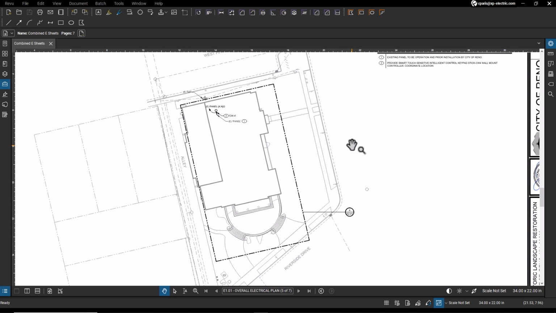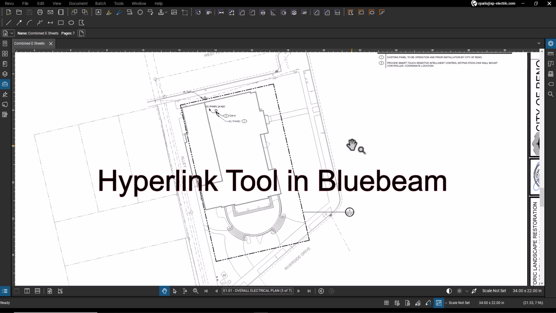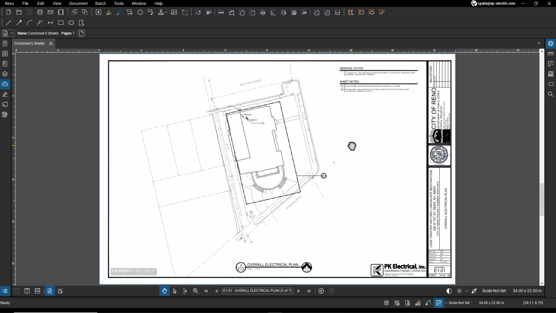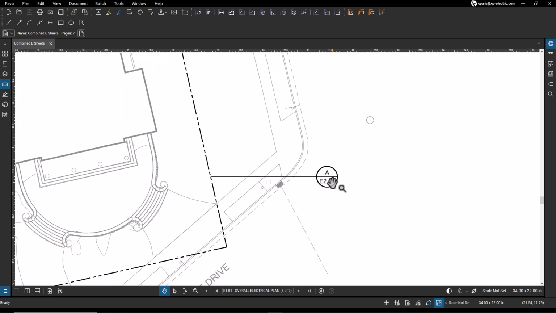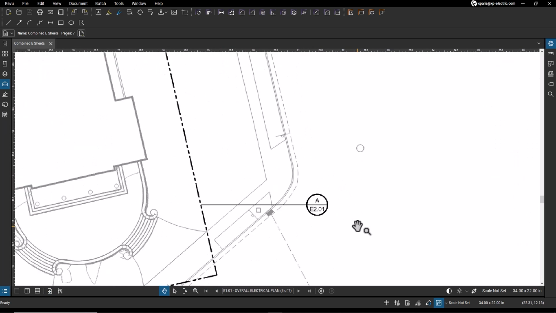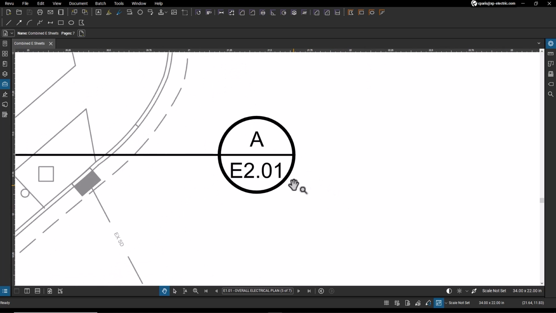Today I'm going to show you how to use the Hyperlink tool in Bluebeam. It can be helpful for when you have a large drawing set and you want to navigate and jump between areas. So I'm going to show you a really simple example. I've got a drawing here and it has a detail reference to another drawing. So what I'm going to do is zoom in on that